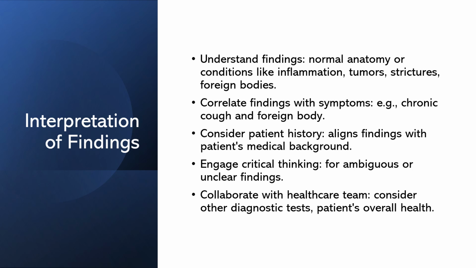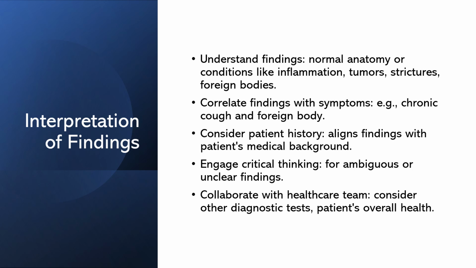We can see normal anatomy or uncover a whole range of conditions. These might include inflammation, tumors, strictures, or foreign bodies in the airway. If a biopsy was done, we might get insights into conditions like lung cancer. So, if the bronchoscope reveals an abnormal growth or lesion, we might have the presence of a tumor. But if we see inflammation or narrowing of the airways, this could be a sign of conditions like asthma or